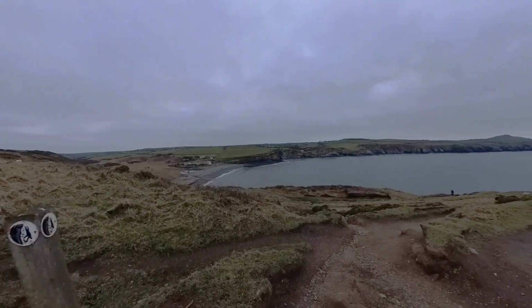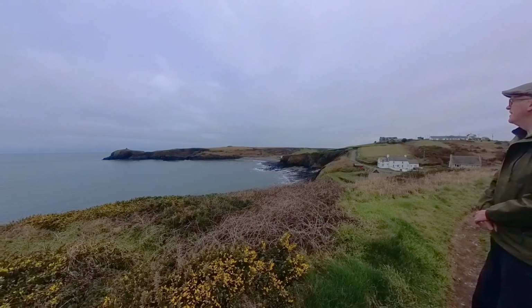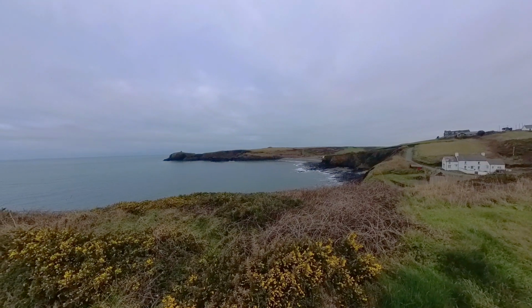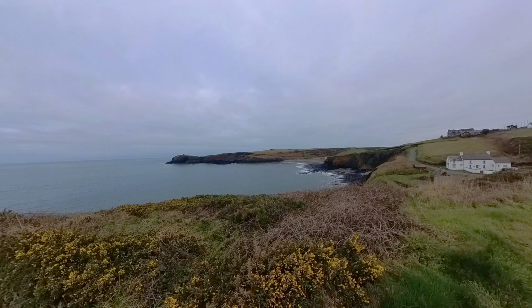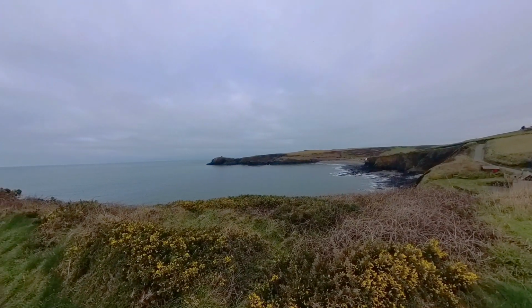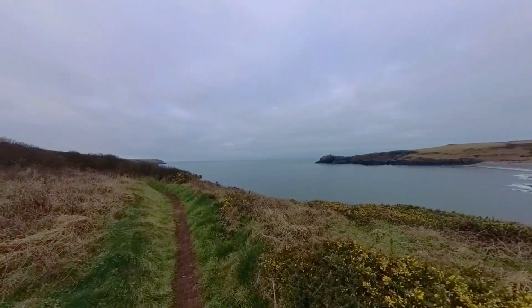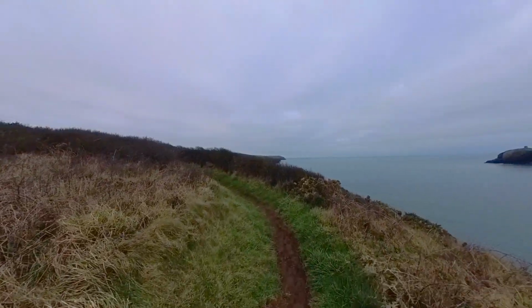So making our way down at the moment carefully. Just saying goodbye to Abereiddi Beach. We've just seen a cormorant. Sorry I didn't get that on the camera. But again, beautiful here. Lovely, calm day. Not really any big waves at all. And the sea is still a fairly nice turquoise, even though it's winter. So setting off now along the footpath towards,